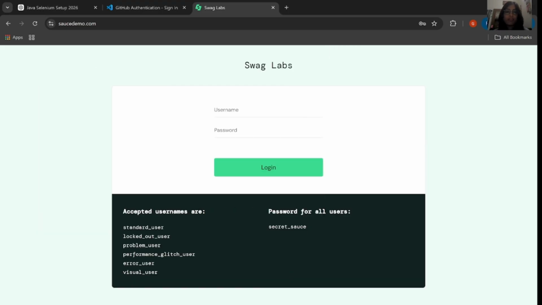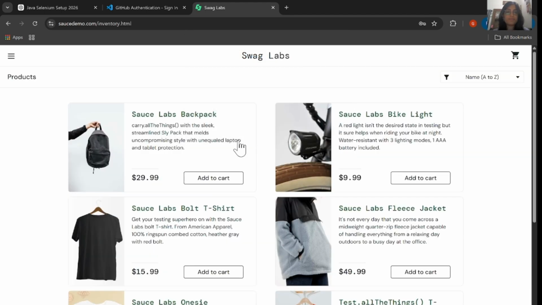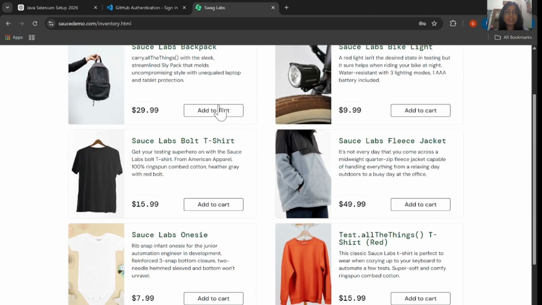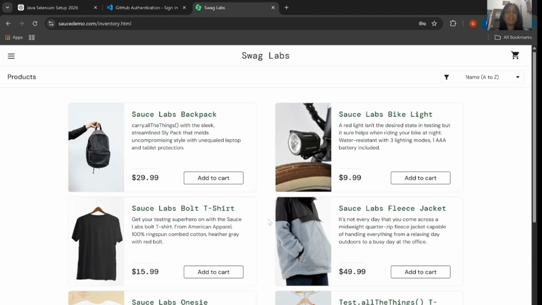For that, what do we have to do? We have to log in to this particular website. We'll take the username and the password and then perform the click action. It is going to open a window here. First, we'll see that all these are links where we can perform certain actions, like clicking on these links and then adding to the cart. But first, this is a window which comes after we perform the click action on the login button, so we need get window handle here to switch to this particular window. Then we can perform certain operations.